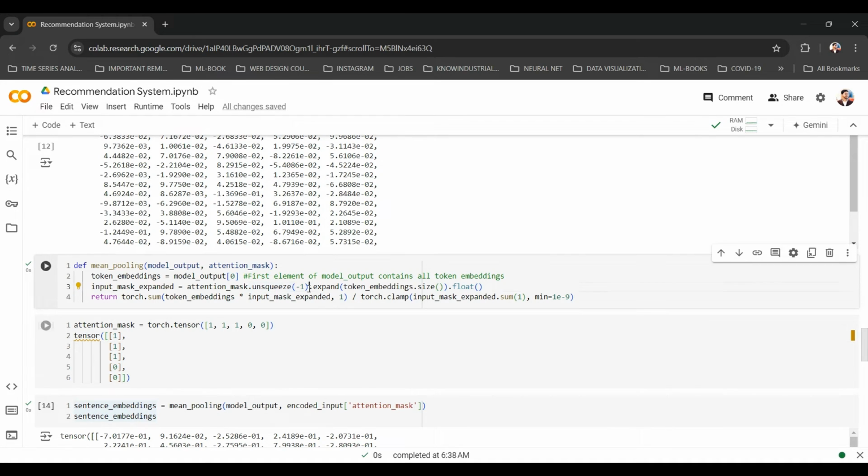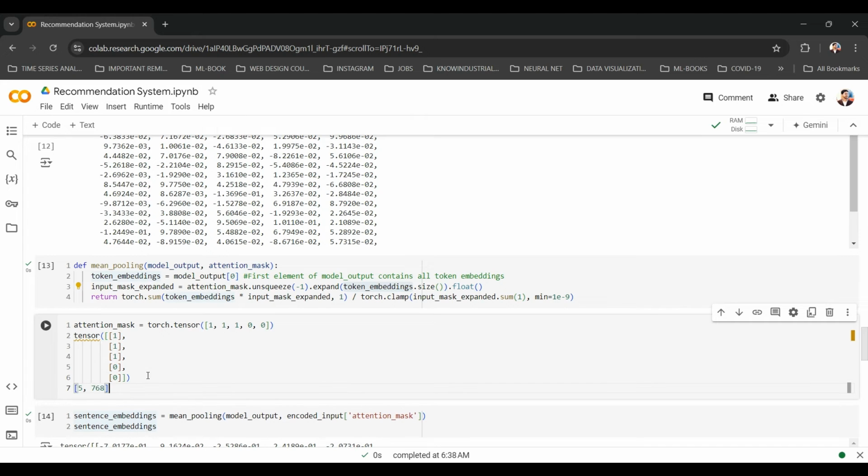Then we will expand it to the size of the token embeddings. Imagine that our token embeddings had a size of maybe something like 5 comma 768. It means 5 is the number of tokens and 768 is the dimensionality of each embedding.